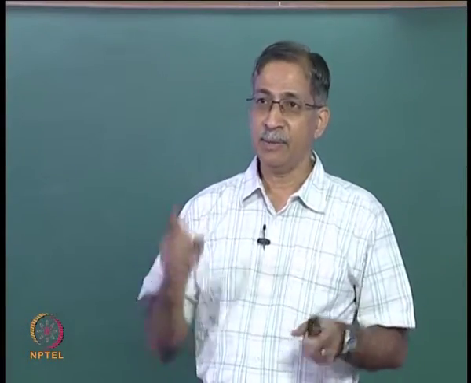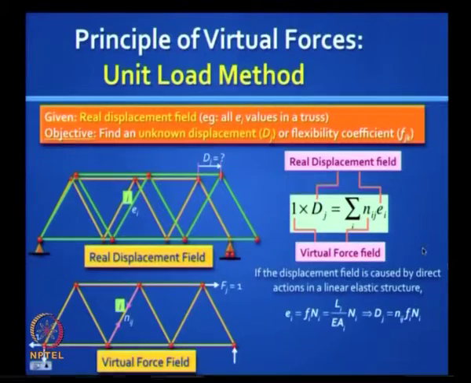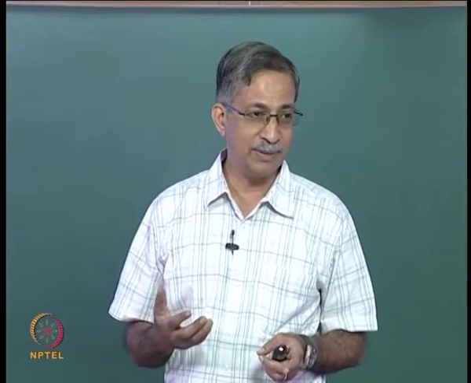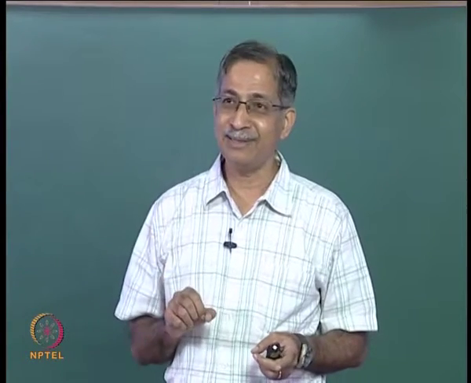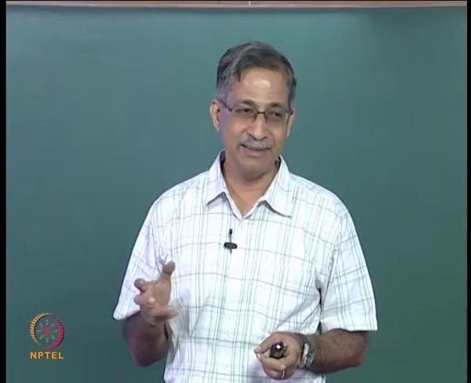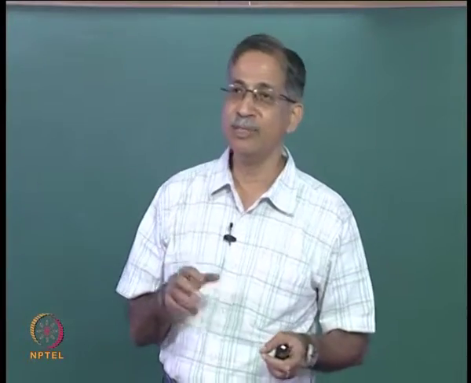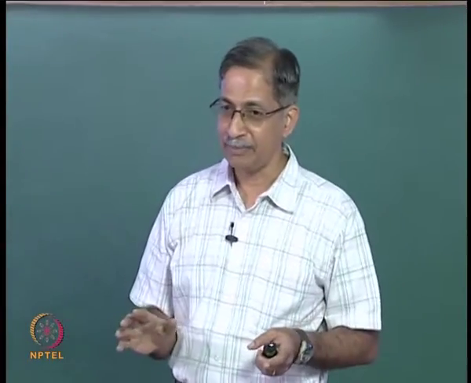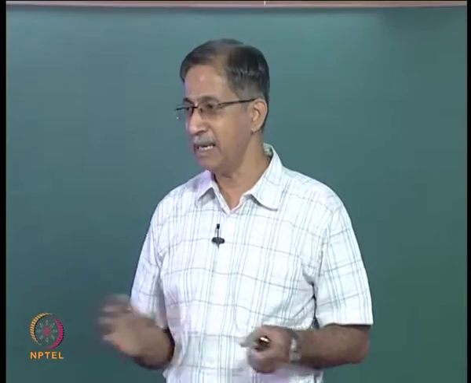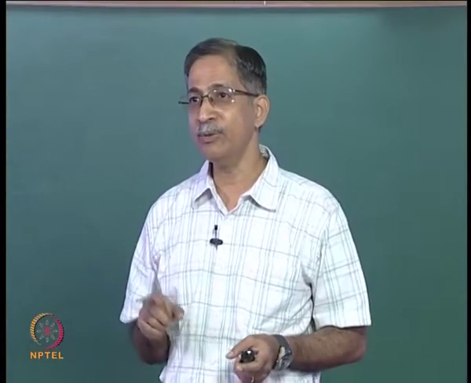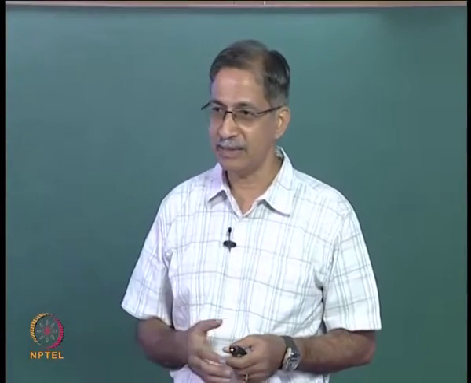So the original formula is 1 into dj, and it is important to remember this because sometimes people remember only the formula and then you run into the problem of dimensional non-homogeneity, because you will find that the right hand product does not really match in terms of units with the left hand product. This is a big picture, and you can apply this to find any unknown displacement, or you could use it to find a flexibility coefficient. We will see this later.